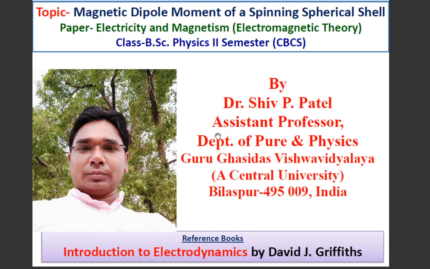And we have learned that if a circular loop is carrying a current, then this circular loop behaves like a magnetic dipole, and therefore we can find out the magnetic field. If a magnetic dipole is there, we can find out the magnetic field. So in the previous lecture we have learned this, and we have calculated the magnetic vector potential due to a dipole, and then the magnetic field due to a dipole, meaning the magnetic field due to a current carrying circular loop.